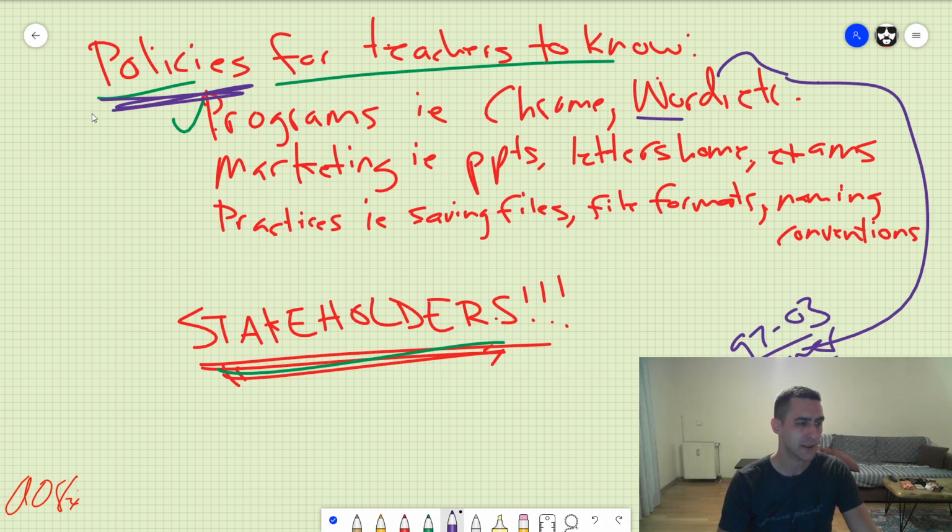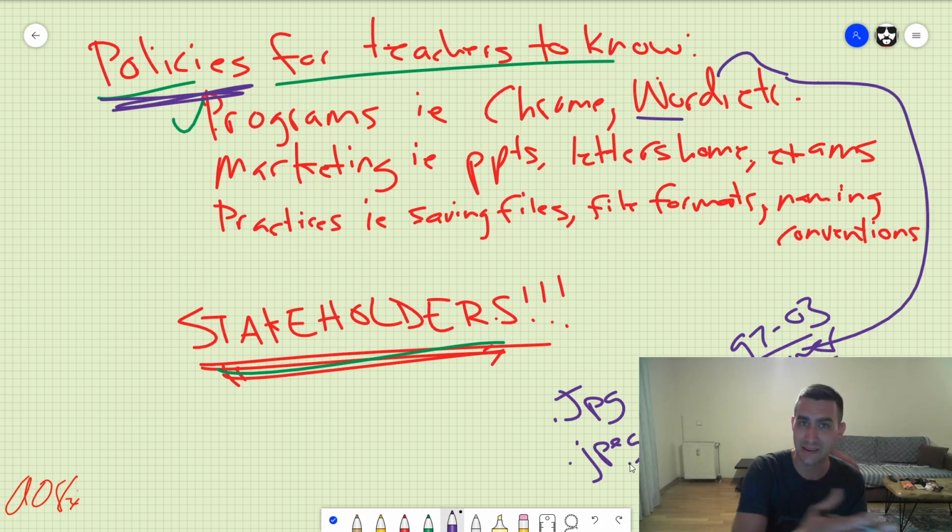If you need to save a picture, a simple picture, you can standardize on, let's say, JPEG, right? You can even say, don't use .jpg, use .jpeg if you want to get that specific. If you're talking about audio formats, you can standardize on the bit rate and on the frequency. Is it 44.1 kilohertz? Is it 48 kilohertz for anything that we're doing that needs to be shared with students and with parents? If we're talking about video formats, for instance, do you want it saved as MP4, AVI? Do you want it to use H.264 codec, H.265 codec?